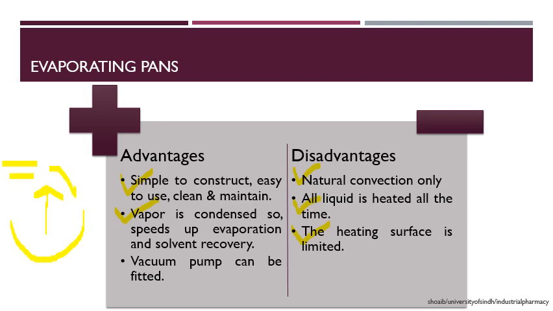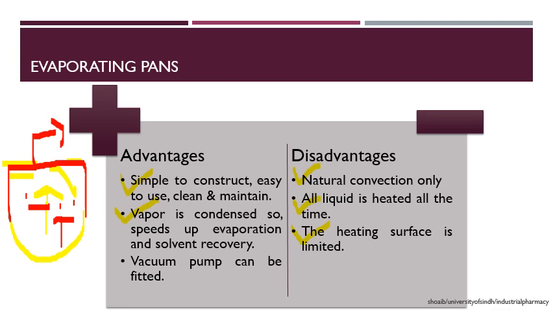okay. Now when it was saturating the surrounding atmosphere, there was less movement of the solvent from the pan into the surrounding atmosphere. While here we have discussed that it contains a container over it, okay, which will collect the vapors and send them to the condenser. So the surrounding environment, the environment over here in this area, will not be saturated, and the solvent will be easily moving from this bulk to the condenser.